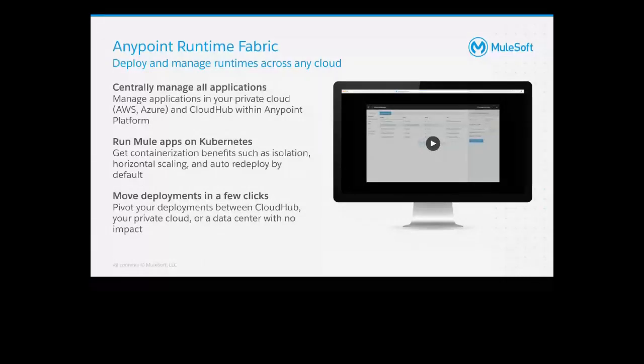We have a large number of customers that have different reasons for not wanting to use CloudHub. Most of them are to do with security decisions, governance, or even regulatory decisions. So some government is not allowed to use cloud applications.